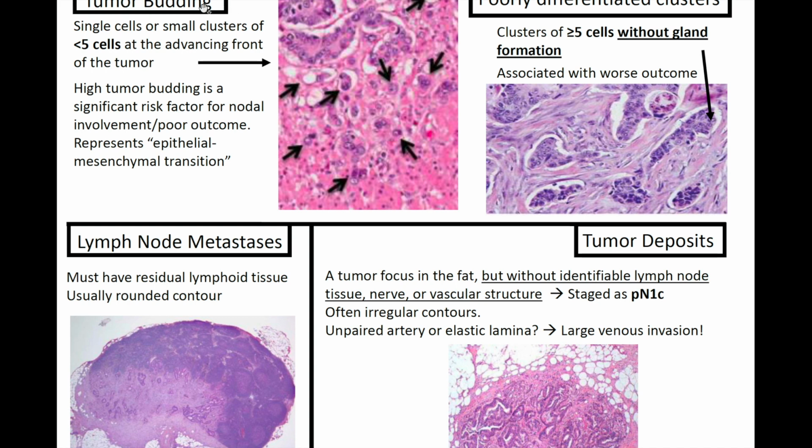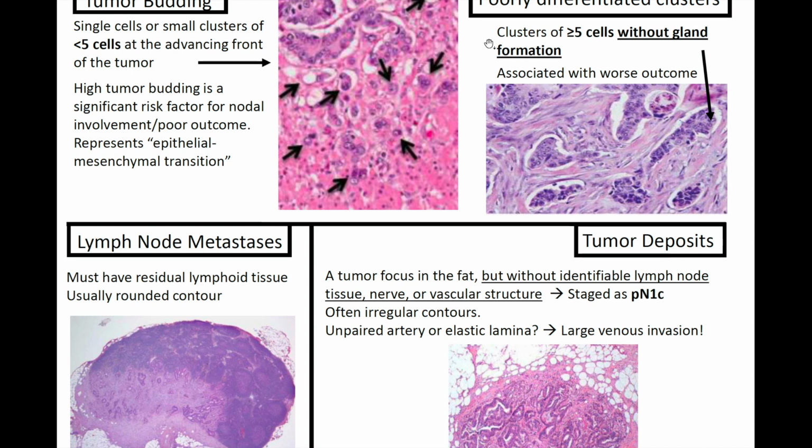So tumor budding is something else that you would report, and that is single cells or small clusters of less than 5 cells at the advancing front of the tumor. And that, as the name would suggest, right? You've got tumor budding off into these little components. So high tumor budding is a significant risk factor for nodal involvement and a poor outcome,